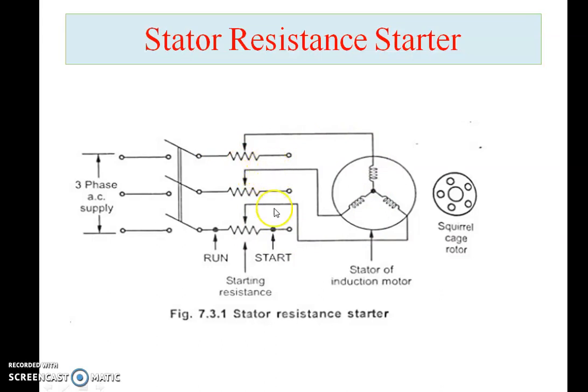resistances. Okay, now there are two positions. This is the start, as well as this is the running position. This is the run as well as the start, and this is nothing but the starting resistances. Now what we are doing at the moment of starting, when I supply the power on, I should keep this arrow, that is the resistances, at the high value. Okay, during the starting period, that is once I want to start my motor, in that case the resistance of the circuit, I call the resistance of the stator, should be at maximum position.